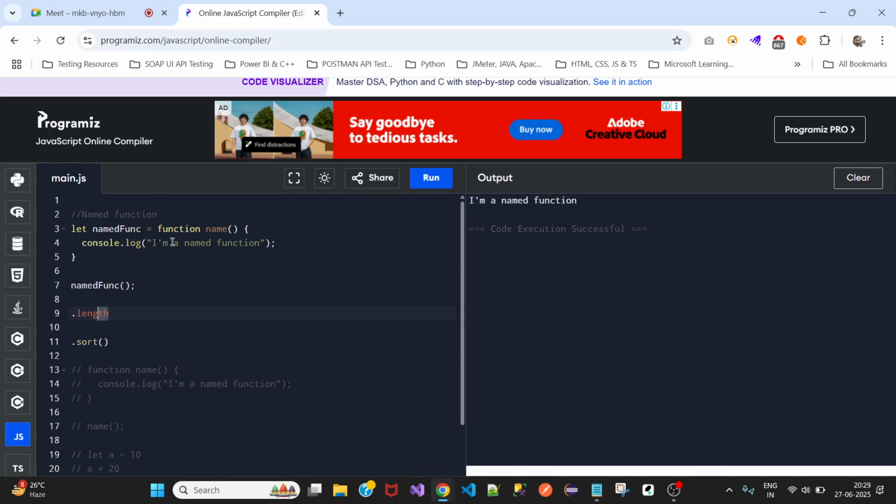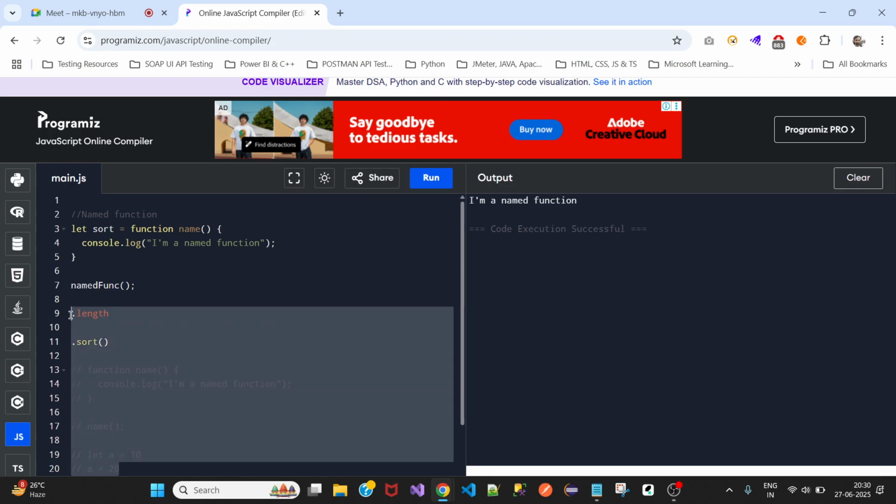Maybe the complete function has been written and that has been stored in a variable named sort. Maybe it might be. I haven't checked the backend, I mean what code is written in this sort function. The complete function might have been written with a different name, but that name might be very, very long. So in order to make it easy, they have stored it in a variable. This might happen. I'm not sure, I haven't checked the sort function code, but this might be one of the reasons. Okay, so this is a named function. Now